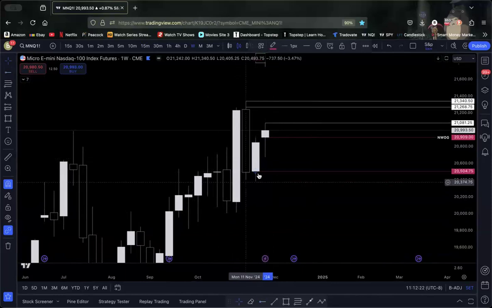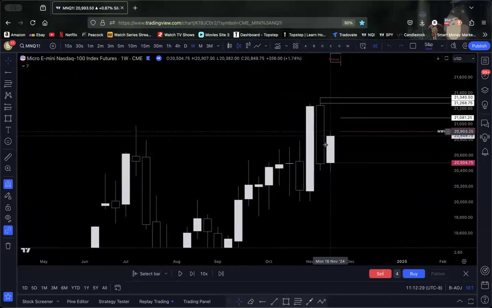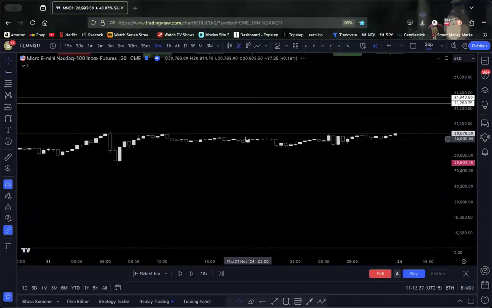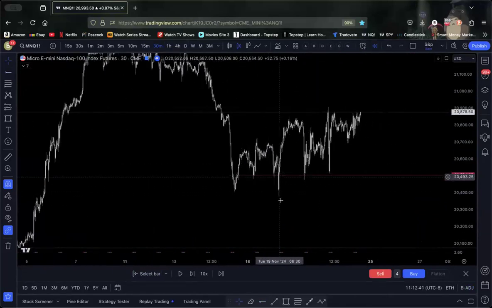Let's go to just last week alone, just so you can understand, because this week was kind of a smaller inside week, right? So we have one right here. Let me just delete these. This is a weekly open, right? So throughout the week, you can see how we pushed down. We pushed down and we swept. And once we swept here,